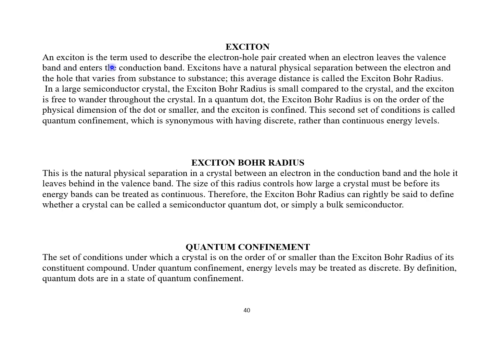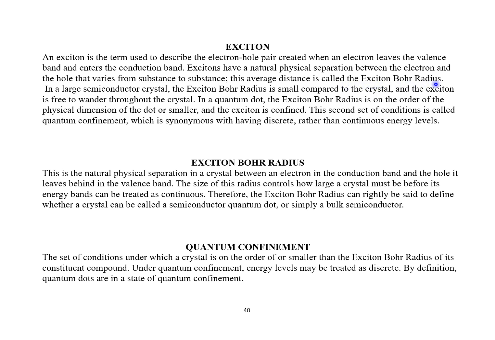Exciton. An exciton is the term used to describe the electron-hole pair created when an electron leaves the valence band and enters the conduction band. إذن هذا ال pair electron-hole pair called exciton. Exciton have a natural physical separation between the electron and the hole that varies from substance to substance. This average distance is called the exciton Bohr radius. فالمسافة ما بين الالكترونز والهولز